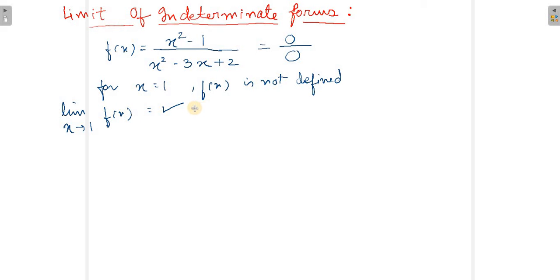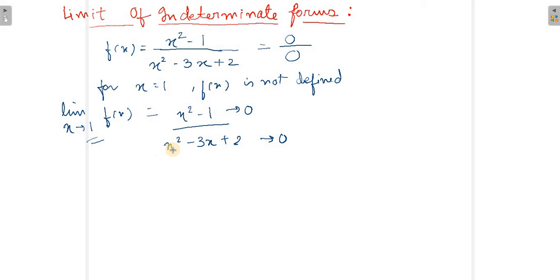So how can we find this one? We have to remove the factor which caused the indeterminate form from that function. How can we remove this? First of all, we can understand, यहाँ पे आपको ये समझ में आ रहा है कि अगर when x tends to 1, we can say that this x square minus 1 tends to 0, and again this x square minus 3x plus 2 will also tend to 0 when x tends to 1.